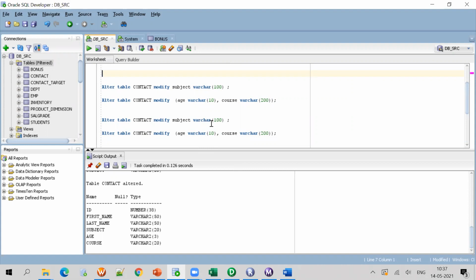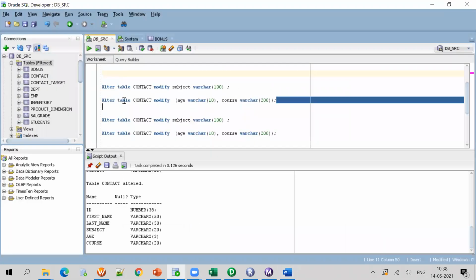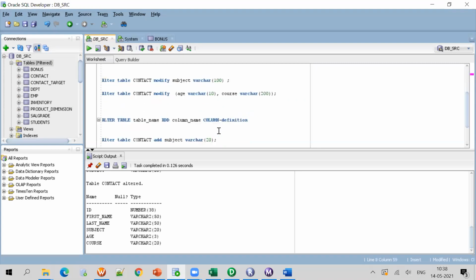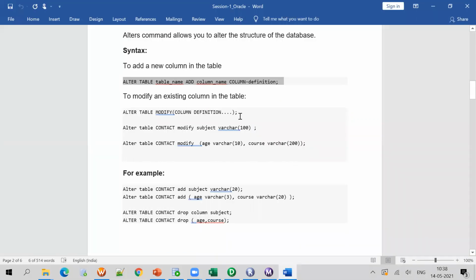Previously subject had how much length here? Subject length was 20. I want to modify that as 100. So now alter table, what to do? I'll show the syntax, just a second.